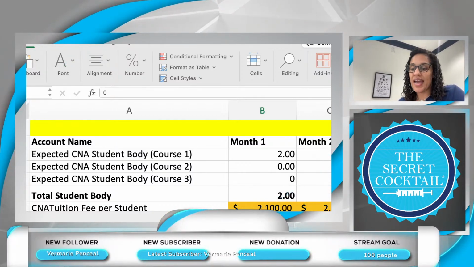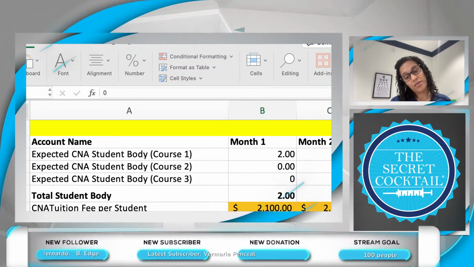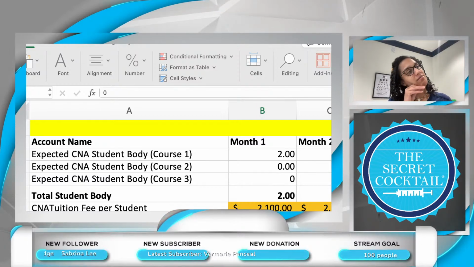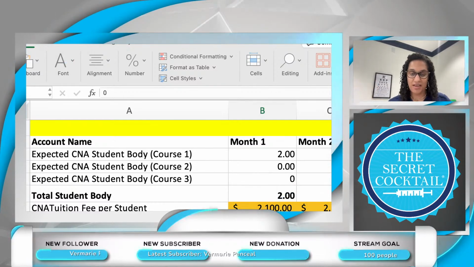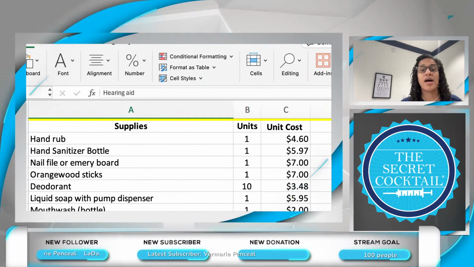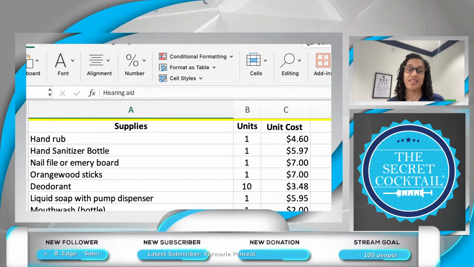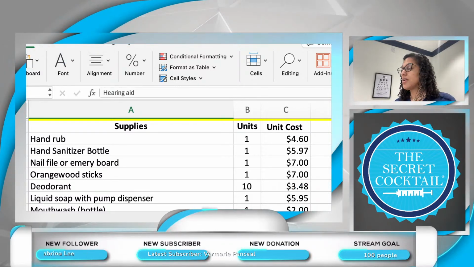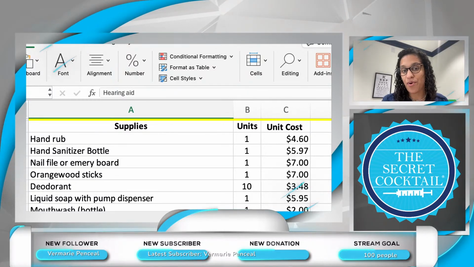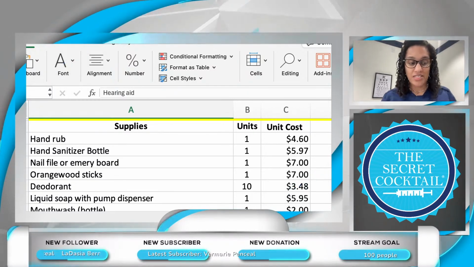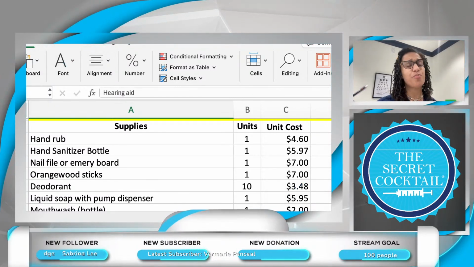Next, I want us to look at how much it costs to even start this company, okay? Because it's good to say, hey, I need to have 10 students every month in order for me to make money, in order for this ship to stay afloat. Cool. But now I need to look at how much it is even going to cost me to start this thing up. And I'm going to tell you right now, a lot of people think they want to start this school. They go get a whole lease. People want to start a business. They go get a whole lease, sign it, do all this, and they've never done any of this part right here. So now you've already spent money on a lease for a brick and mortar, or you've already invested the money in a Secretary of State filing, and you purchased all this,